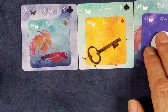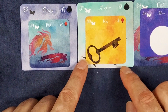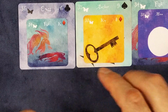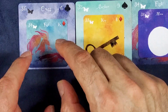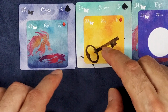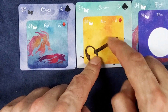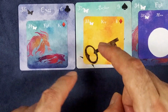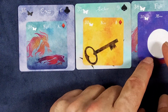So here we would have, for example, if it came up like this, the fish in the house of the cross, the key in the house of the anchor, and the moon in the house of the fish. So fish in the house of the cross would be, there's some burden. Our source of income, our source of abundance is somehow burdened. But that's okay, because our yes card is in the house of anchor. So the work is correct. The work we are doing is good, even though it feels burdened. Our abundance feels burdened at the moment. However, that could be